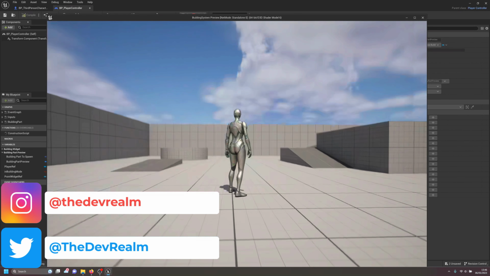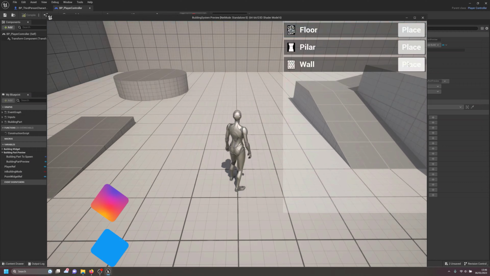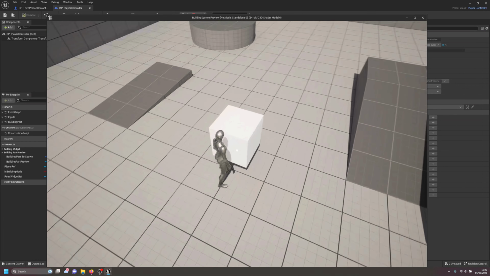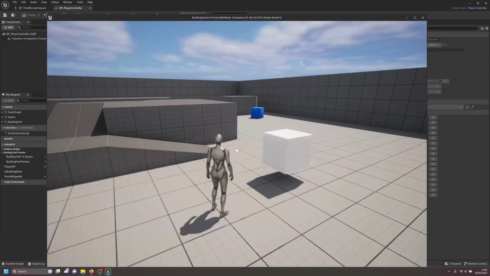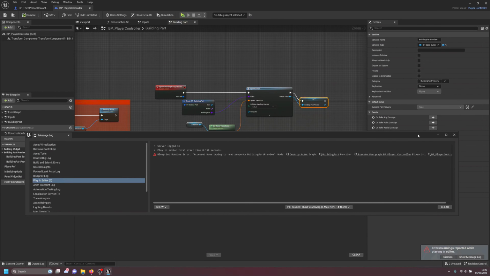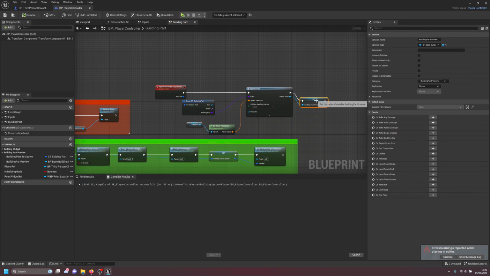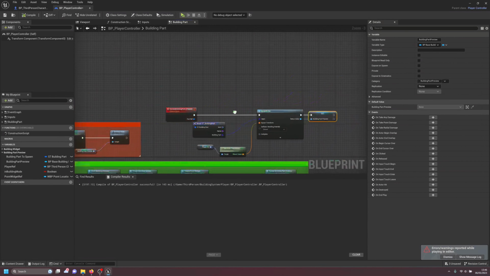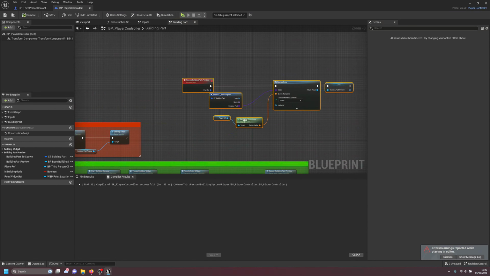So the last thing we did in the previous episode, we can press place and it spawns the cube in front of the player, and then if you right click, the cube disappears. And today we need to fix this bug, and then we have to make sure that the cube is moving around. So the first thing I want to do here just to fix that bug is to do with this,